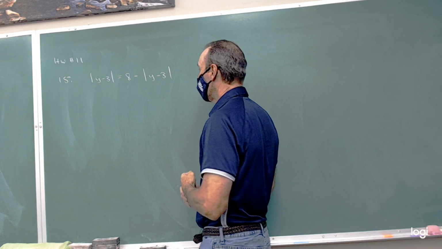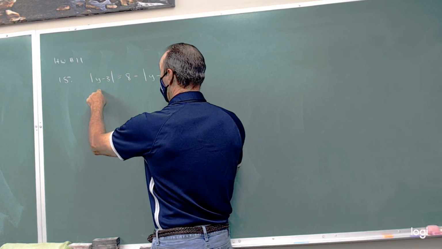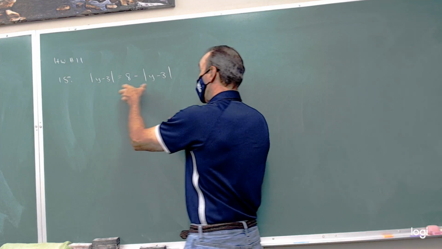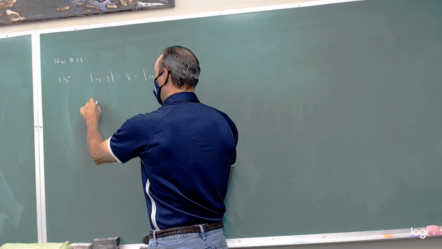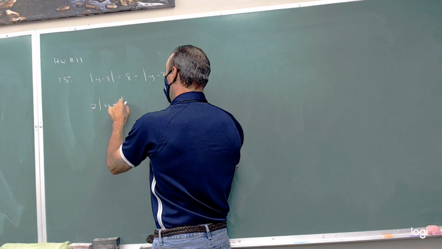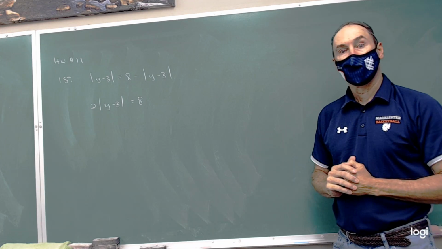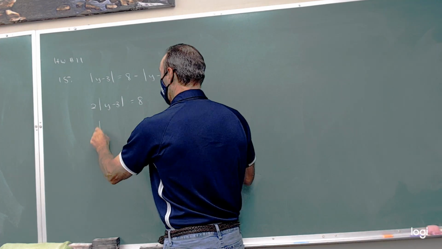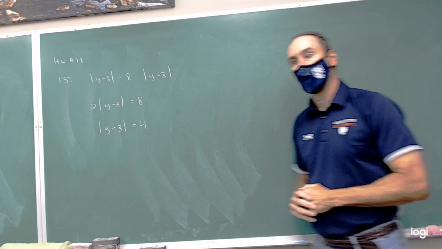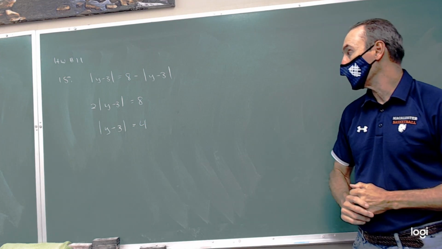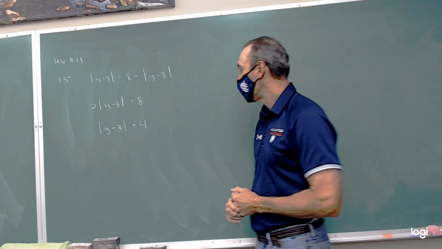we don't have a lot of experience with absolute values. I would add this to the other side. So an absolute value of y minus 3 plus another absolute value of y minus 3 is going to make two absolute values of y minus 3's. And okay, then we can divide out the 2. And so we're going to get the absolute value of y minus 3 is equal to 4. Now that's still not really clear what we've got here, but